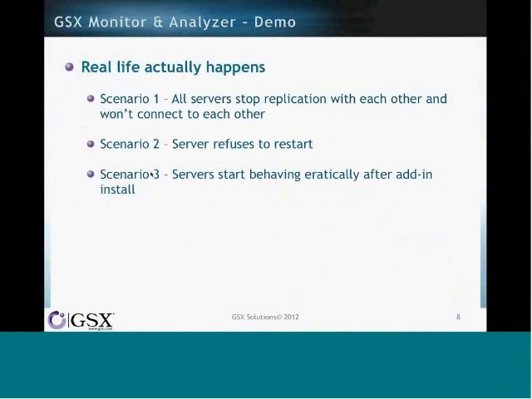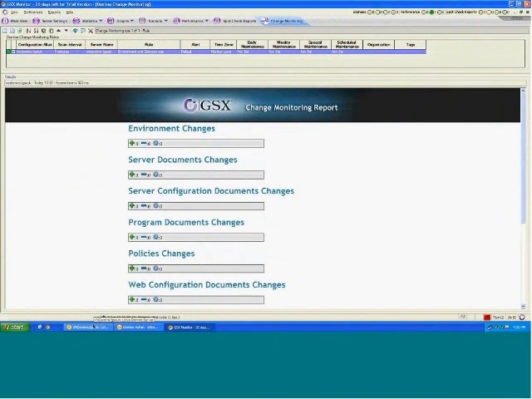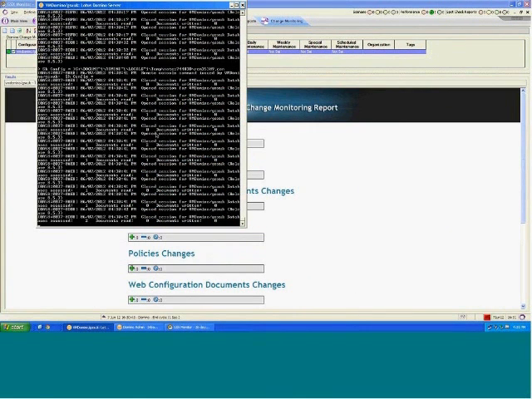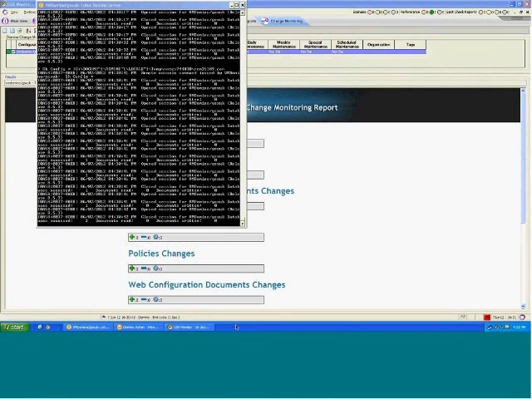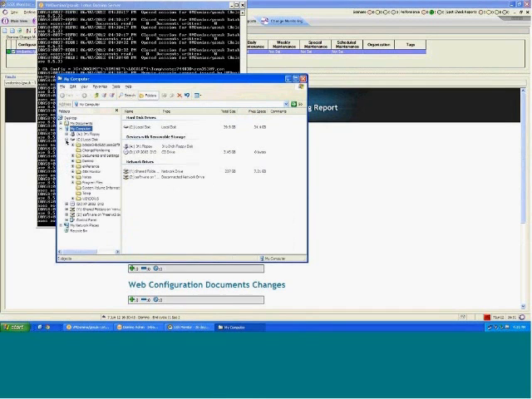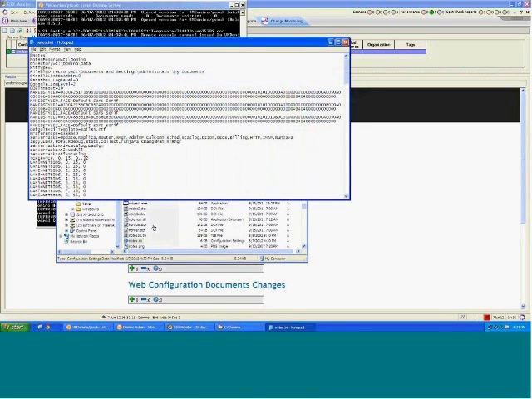Okay, so the server refuses to start. Let's say that we're about to do some maintenance on my server. I'm going to open up, if I could remember what I was doing. Yeah, here we go. So Domino, let's find the notes ini. There it is. So I'm going to add in,